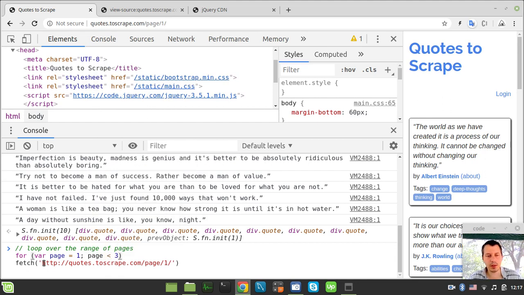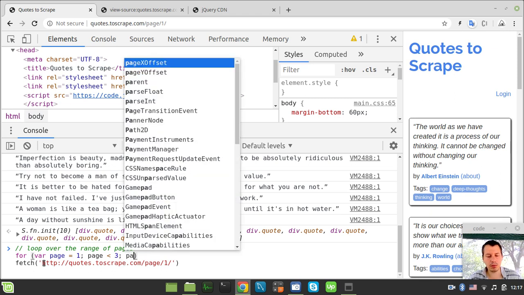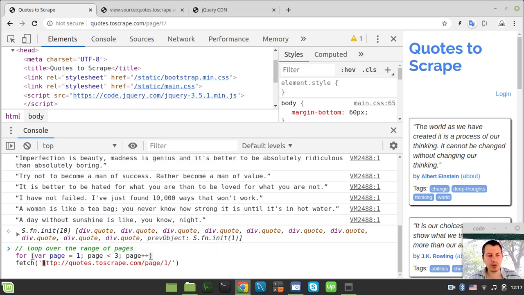So the 1 and 2, yeah, and increment the page plus plus here, and here I just want to say make HTTP request to the target page URL. Okay, and here instead of this 1 we want to append